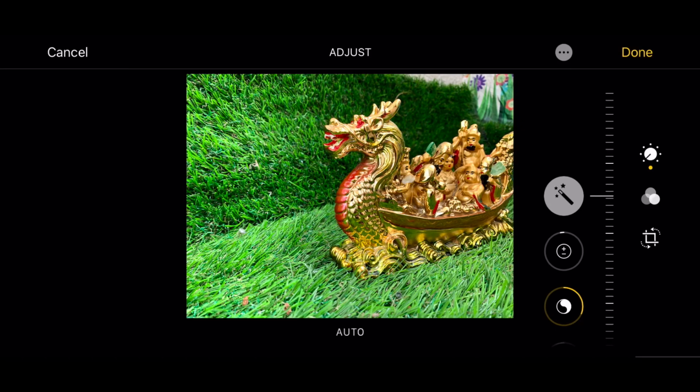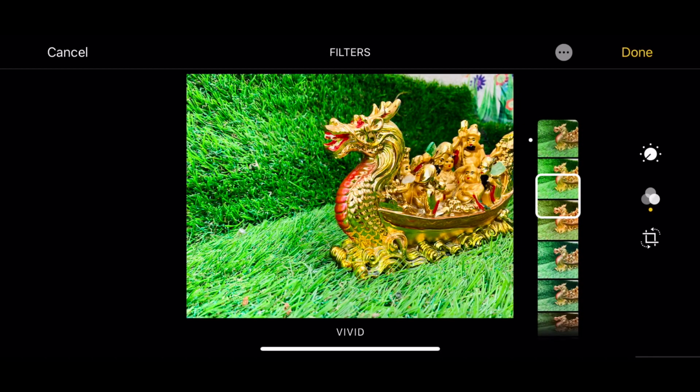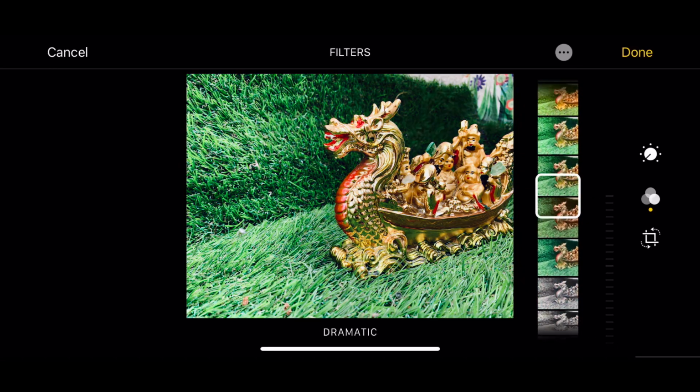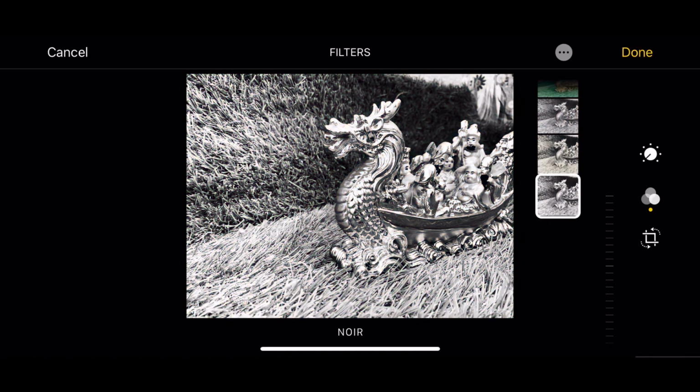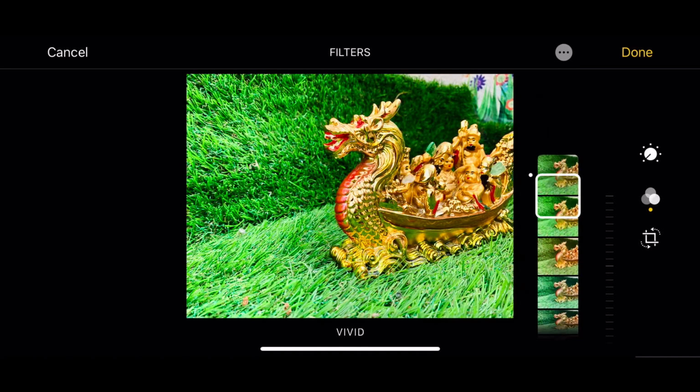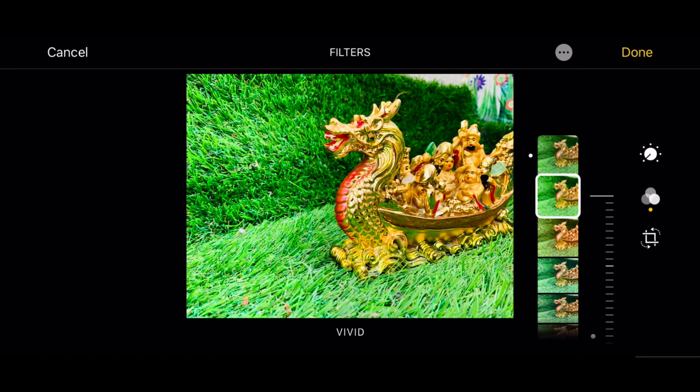The background is slightly brightened and the exposure is set to the right number, and so your picture has that great effect, right? So I would really suggest you do that. You also have these kinds of filters in iPhone, but I wouldn't suggest you use them because for me they look a bit artificial, right?